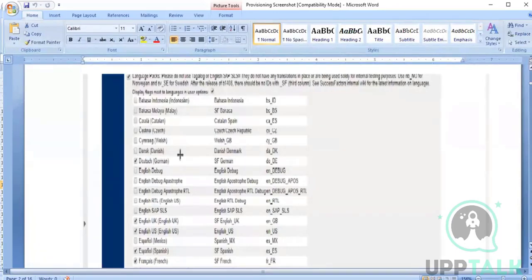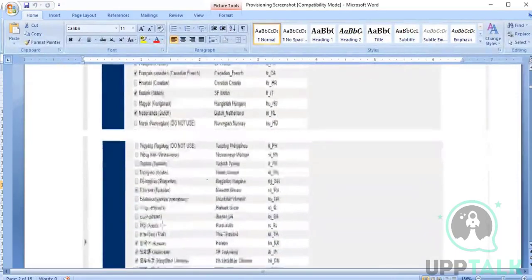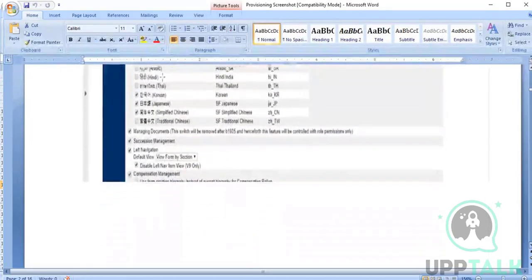These are some countries which they have, so they will only enable the local languages. They don't want to enable all the languages. Got it? Yes. And that enabling part will be taken care of during the implementation phase by the implementation consultant, who will do it from the provisioning. After that, when you scroll down further,